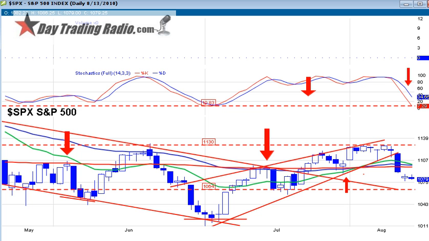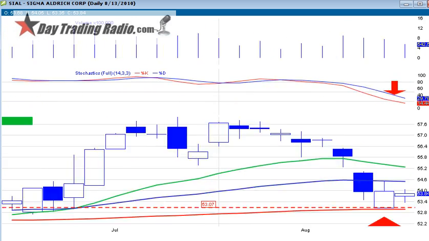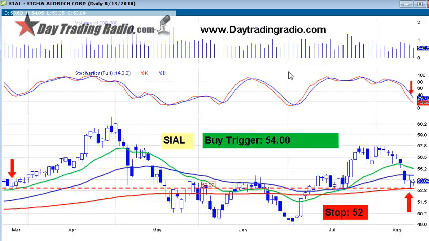Let's start off with just a couple of stocks off the watch list. A couple of them that are on this week's watch list: Sigma Aldrich, let me zoom out here, SIAL. Again, this is based on multiple indicators. We have the stochastics getting oversold. We have recent support line here, and we have a trend. We have a 200 period moving average underneath us, all convergence. So 3 out of the 5 indicators here